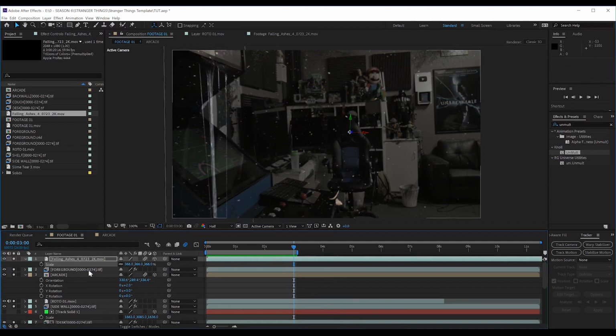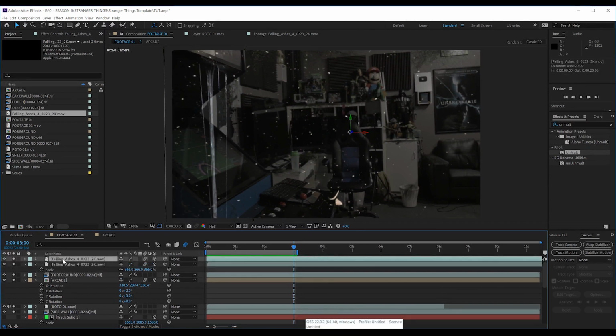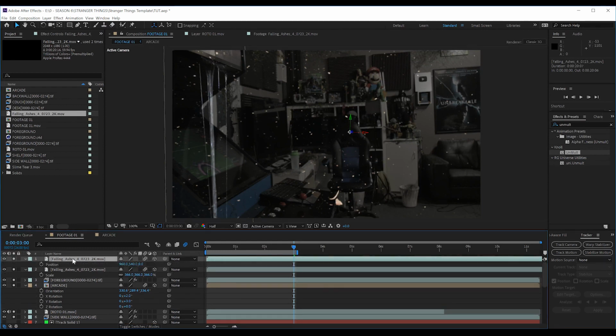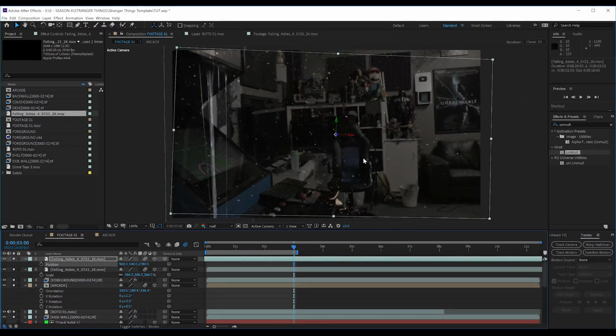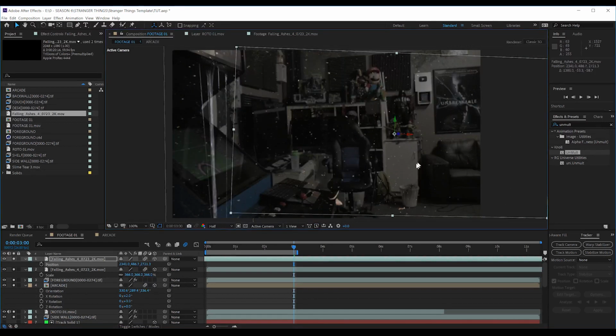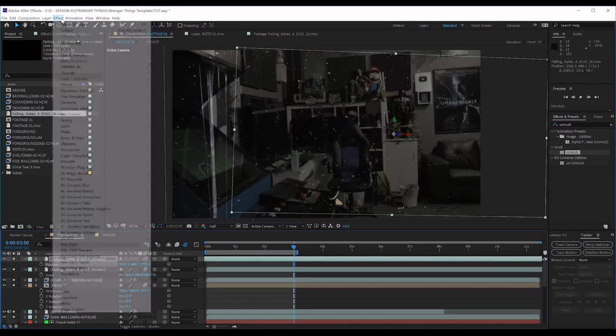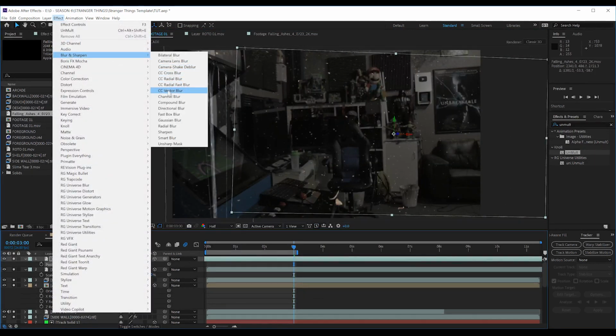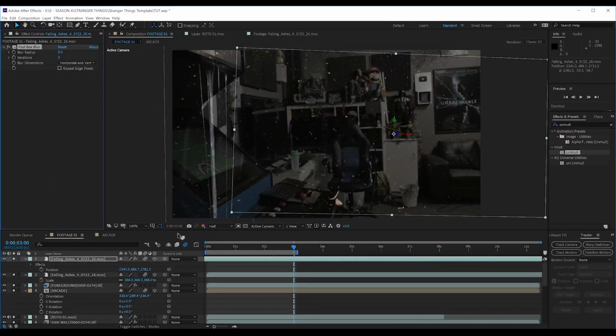which is pretty cool. But we do need some more particles, so what I'm going to do is duplicate it, stagger it in the timeline so it doesn't look like a duplicate. There we go. And then I'm going to push this one back in Z space like so. Now since the particle layer is further back in the frame now, we'll have to add some blur as depth of field. I'm just going to head up and add an instance of fast blur and crank it up just